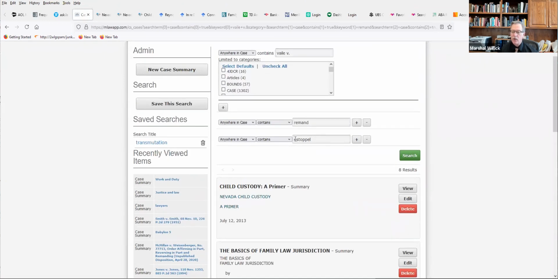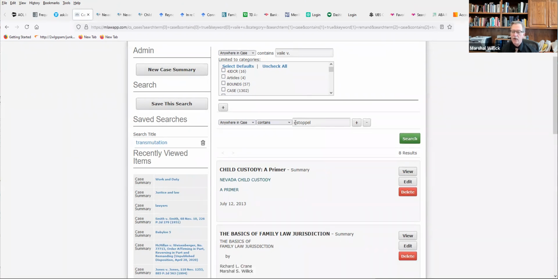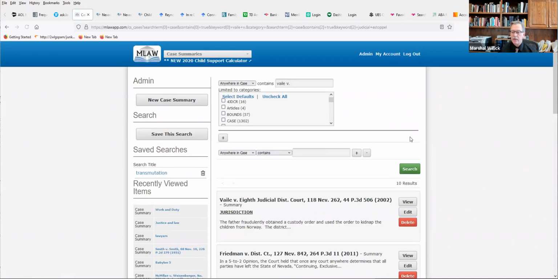If you wanted to make it even more particular, and all you were looking for was judicial estoppel, you can type in the entire term, and that will take you directly to the original 2002 Vail decision. One of the interesting things about MLAW is that it works automatically as a Shepardizer. To explain what I'm talking about in that regard, if you highlighted,